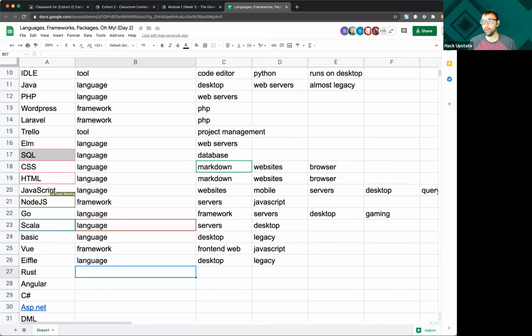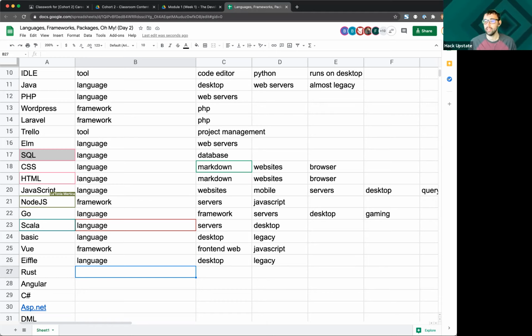That's not to say that all languages created in the 80s are legacy. We will hit one on this list that was made in the 80s and is still widely used and hired for today and is not legacy. However, just based off of the time period and the fact that I haven't heard of it, I'm gonna label that as legacy.